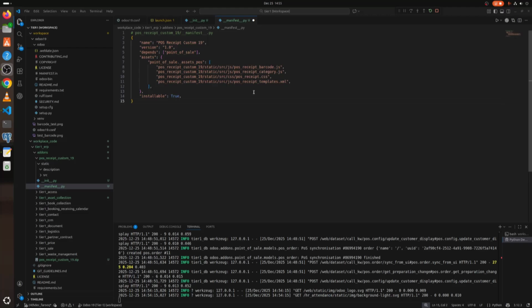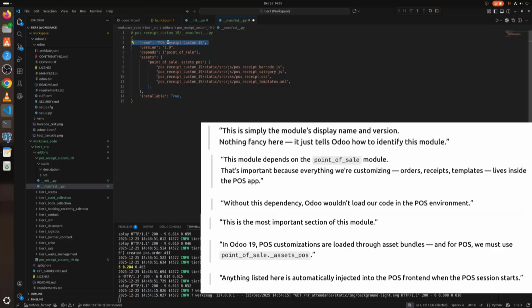So this is simply the module's display name first. You can see here name and version. Nothing fancy here. It just tells Odoo how to identify this module. Then the dependencies in depends. This module depends on the point of sale module, as I have mentioned. That's important because everything we are customizing, orders, receipts, templates, lives inside the POS app. Without this dependency, Odoo would not load our code